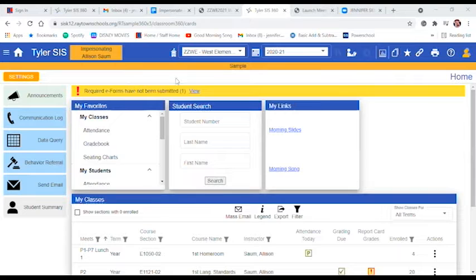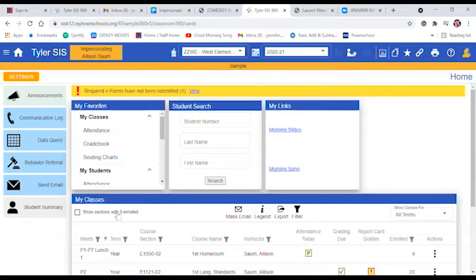Just a little plug, make sure if you haven't already watched our homepage video that explains each of these icons up here. One of my favorites is my favorites, which is here. You can put different things that you, in essence, bookmark so that you can get to those quickly. The very first thing that I have is attendance, since we do that daily. I wanted to have it right here where I can just click right on it right when I log in.